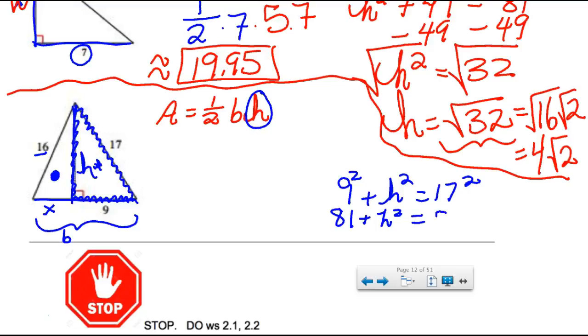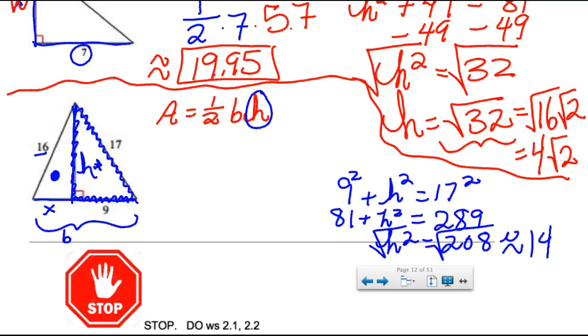And we get 289. We're going to subtract the 81 from both sides. And we get 208, so I get h squared is equal to 208. And again, to undo a square, I square root, and we will round to the tenths. The square root of 208 is approximately 14.4. So that's what's going to go in for my height. So I've got 1/2